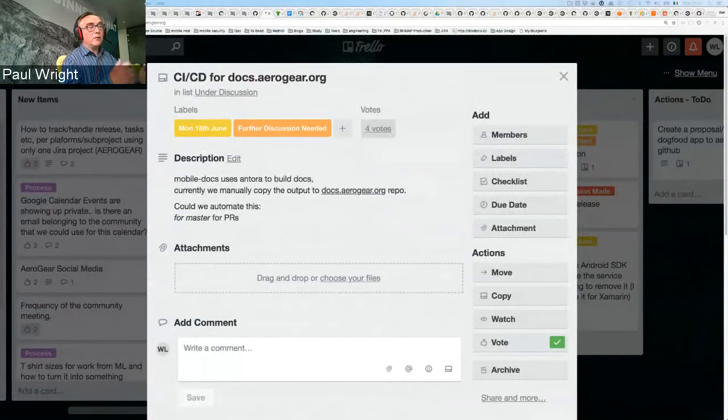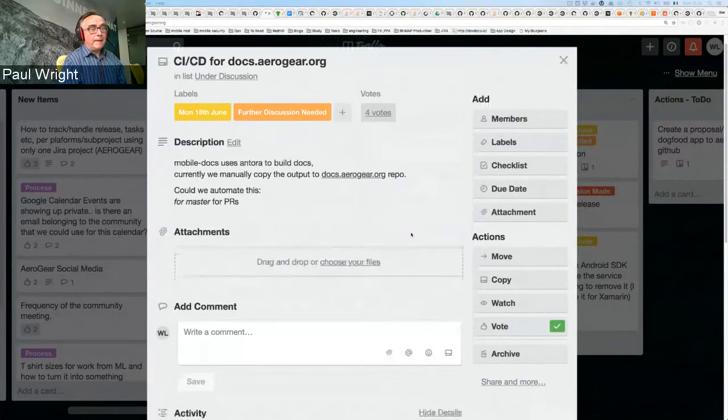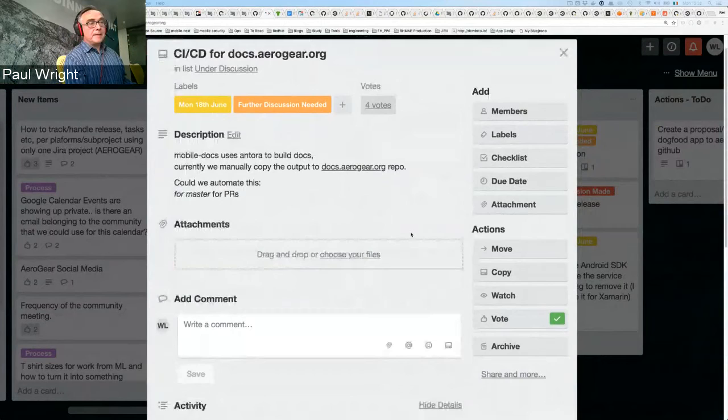It's really just to automate the running of Antora and then pushing to the repo that contains the HTML. I just haven't had time to do it, so I thought I'd bring it up here. It should be CI/CD, I suppose, for docs.aerogear.org, because I probably titled it wrong. Does that make sense?